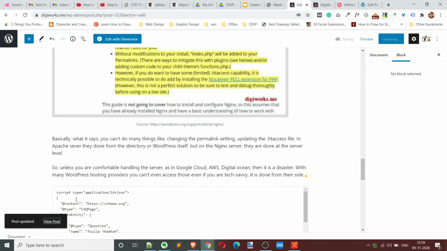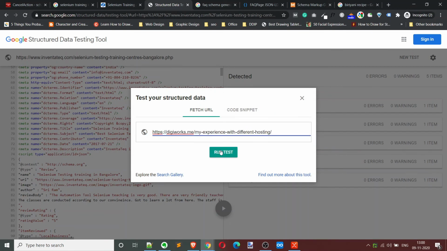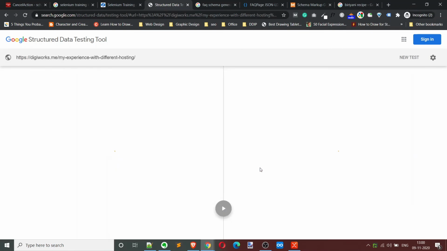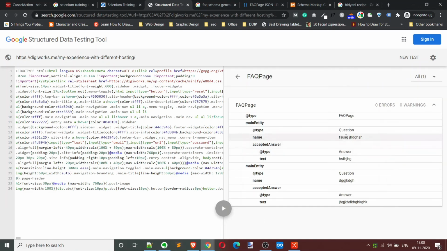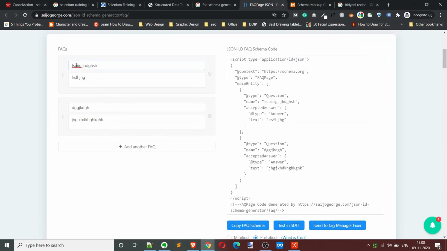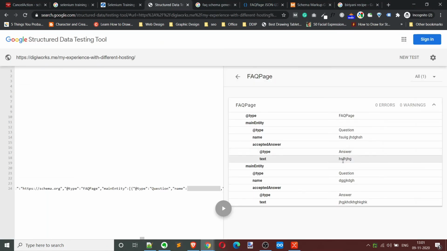Let's copy the URL and test if I can see the FAQ that I have created. I have. Some schema data comes up with the theme. So this all came from the theme. I'm using GeneratePress, and this all came with the theme, but this one I have just created. You can see this information. So the first question was this, right? This is the first question and this is the answer. You can see this answer. So my schema markup is working perfectly. Google is telling that. So that's how you add it, right?